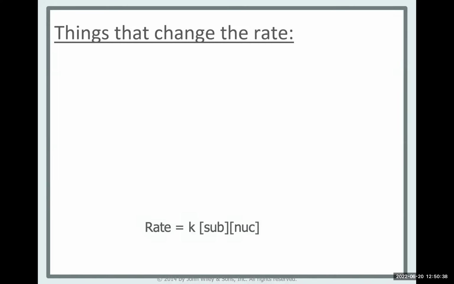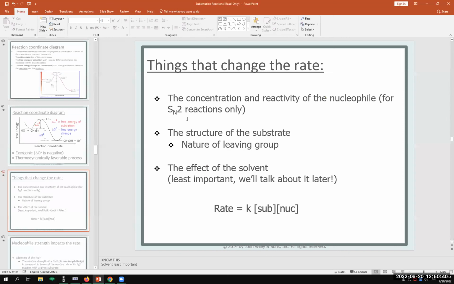Okay, I think we'll have to stop here. We're going to talk about how you can impact the rate on what's tomorrow? Tuesday. And then I'll try